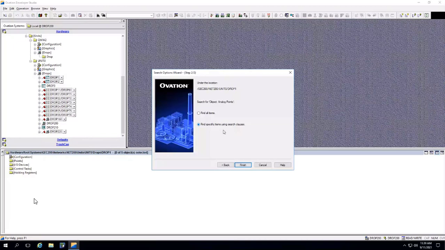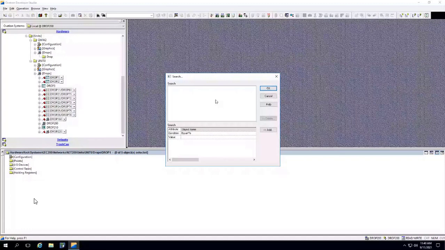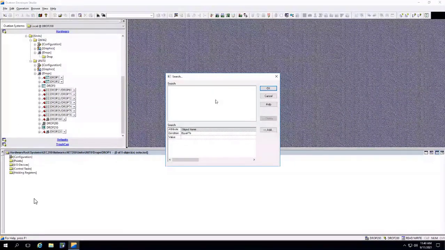After selecting the second option, I am clicking on finish button, which is seen at the bottom, because I want to search the items on the basis of specific clause. As I click finish, I will be getting another window like this. Give me a yes if you can see this new window. Yes, we can see this new window.